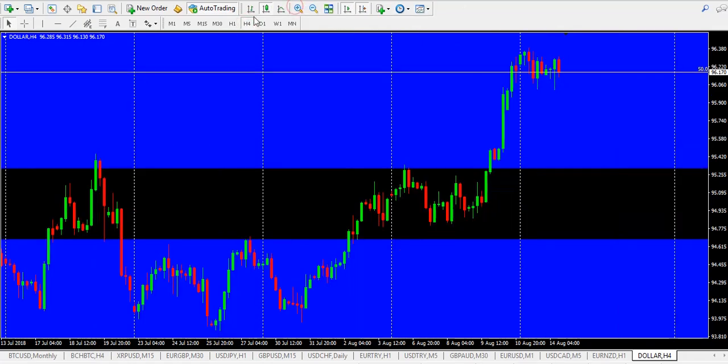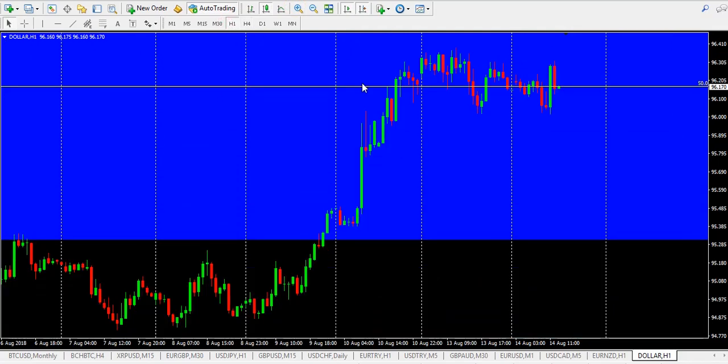Now looking at it from an hourly standpoint, we can now see a trend. Looking at it from this point, we can see a high, low, high, low. So let's draw our trend from here to here. This is the 1 hour chart. So now we can definitely see that we're respecting this particular trend line